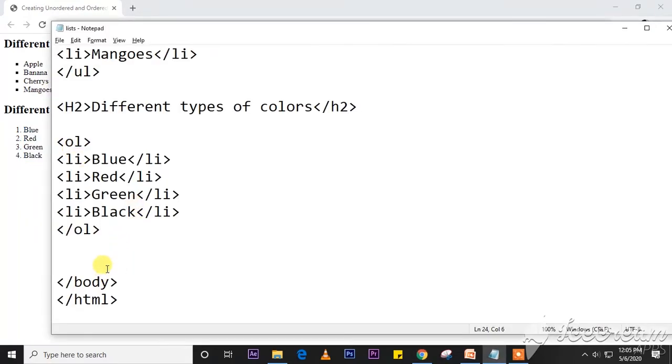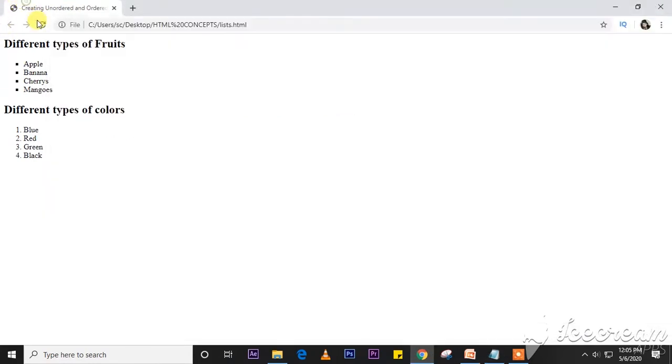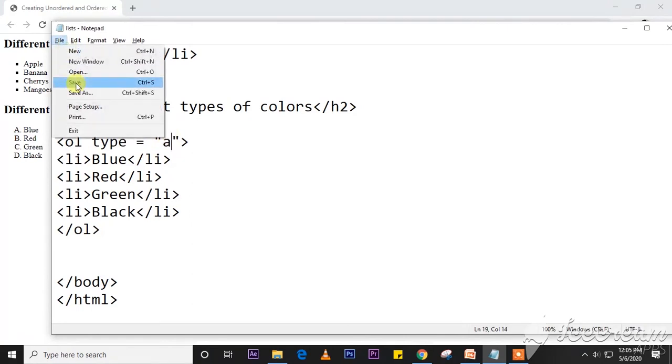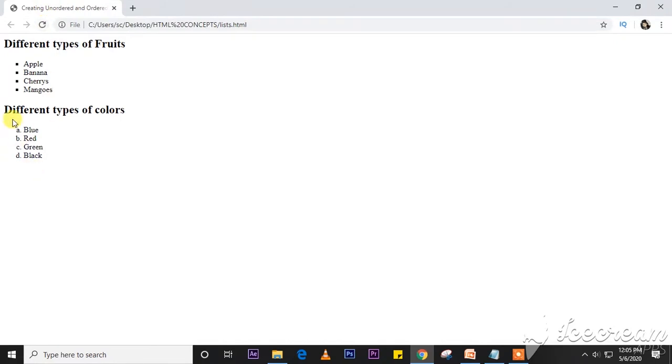Here you can keep different types of order also, like inside the OL tag, type is equal to, if you write only letter A, go to the file menu, save it and refresh your web page. You can see here they are starting with alphabetics. If you write small letter a, save it and refresh, you can see the order is in small letters.